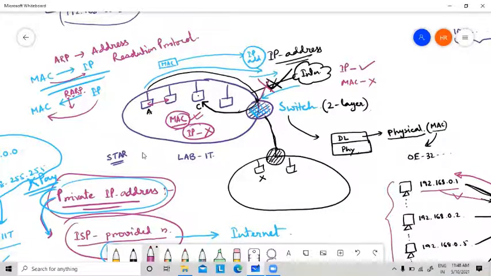That should be provided by some internet service provider. And all the access to the internet will be done through this particular IP address. Remember, this ISP provided IP address.